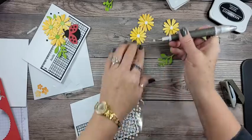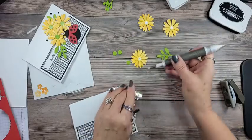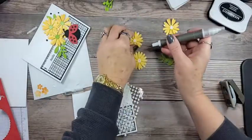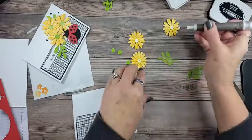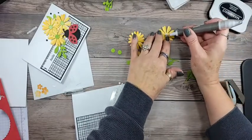We'll add this just like so. I love that take your pick tool when you're using these kind of mini glue dots. These are mini glue dots left over from my paper pumpkins,